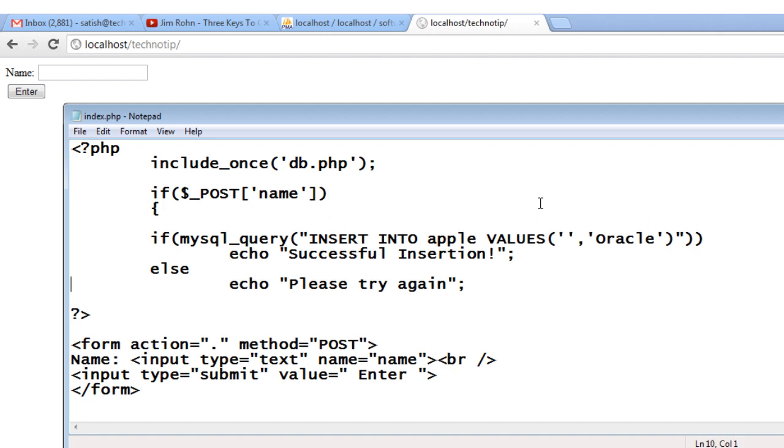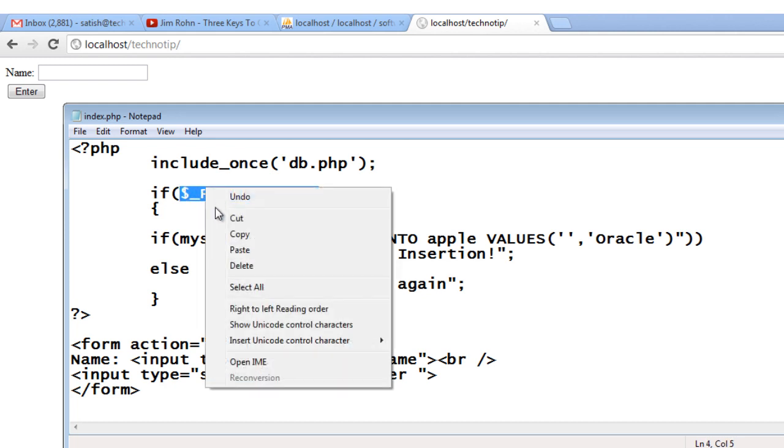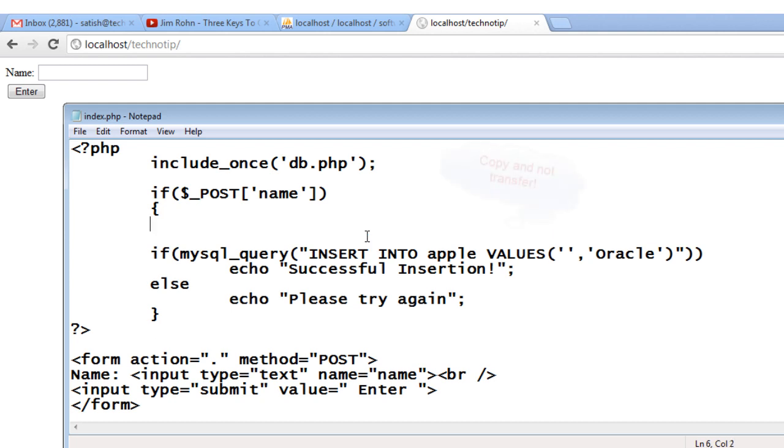Name of that field is name, so inside the bracket, in single quotes, specify the name, that is name. Once user submits some value inside here, I'll just transfer that value to a variable called name and pass that value to this SQL query, which inserts the record